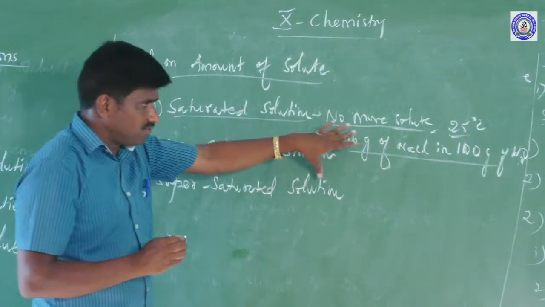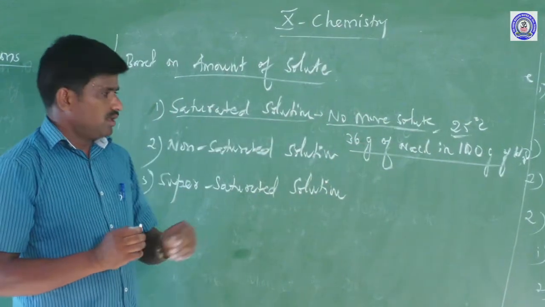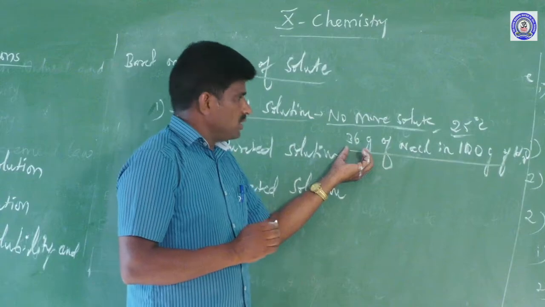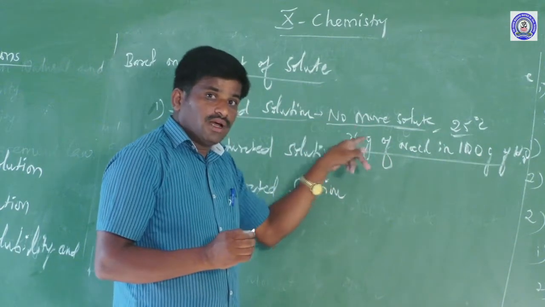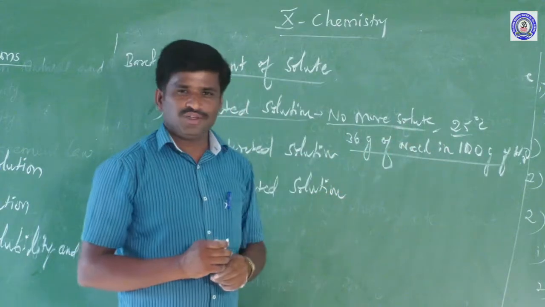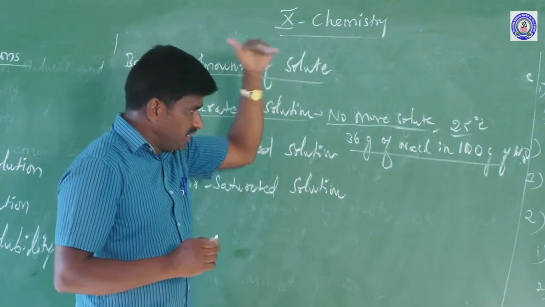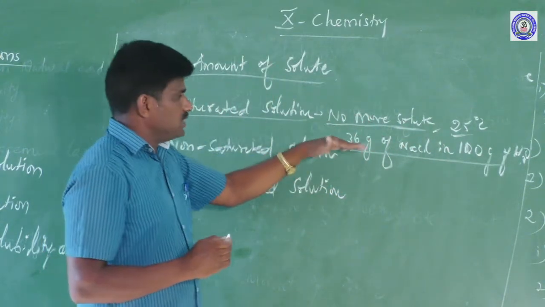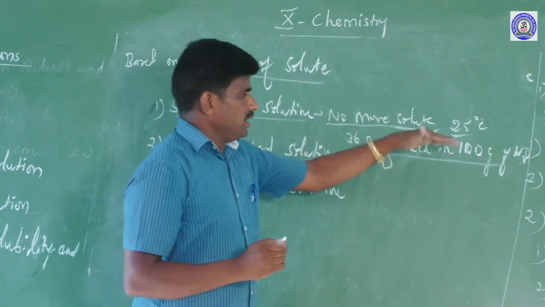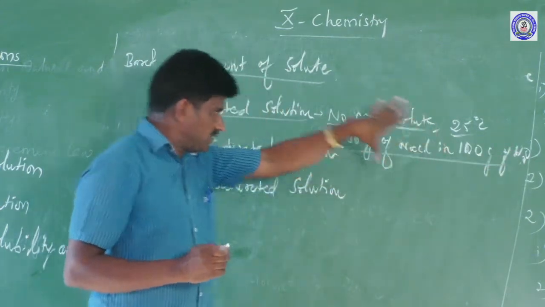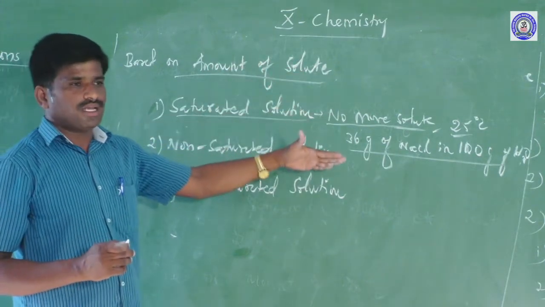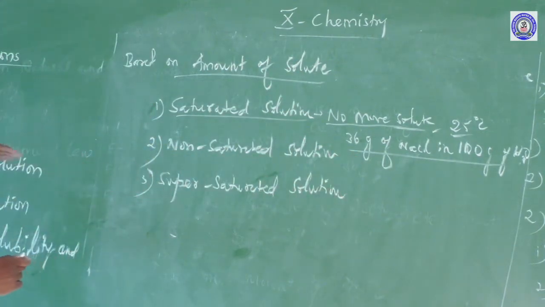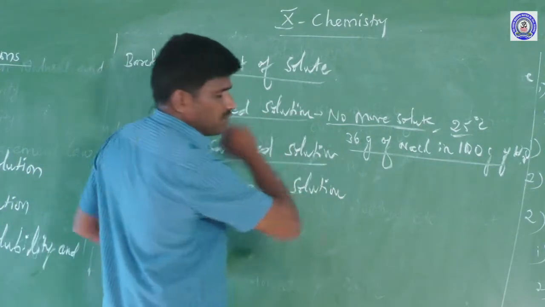So what is the definition for the saturated solution? With 36 gram of sodium chloride, we cannot add one more, even 37 gram or 38 gram, to make a saturation. So it is the saturated point actually: 36 gram of sodium chloride in 100 gram of water. This is the best example for the saturated solutions. There are some other saturated points also. Another topic is called solubility. Next we go to non-saturated solution.